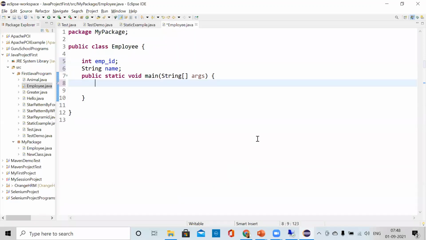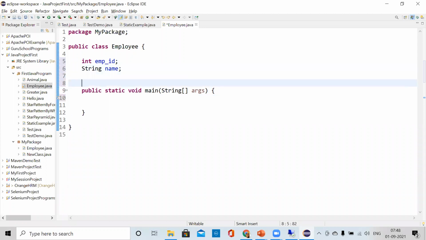What I will do? What I have to do? Anyone can tell? We have to create a constructor, right? We have learned that in the previous classes. We have to create a constructor of this name, and then we have to initialize all these things, right? Correct?